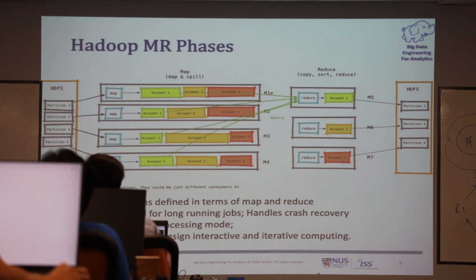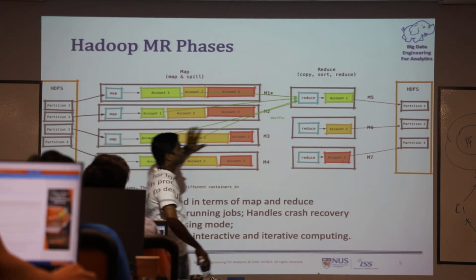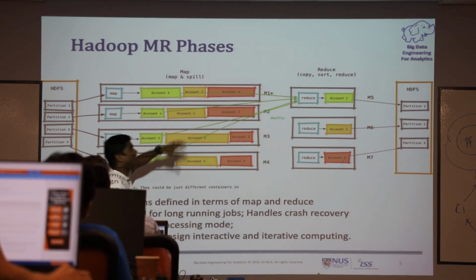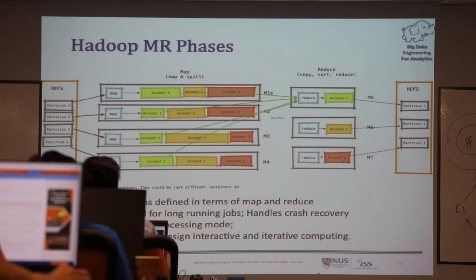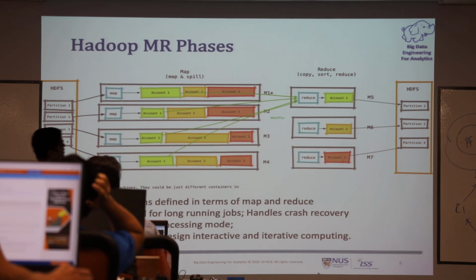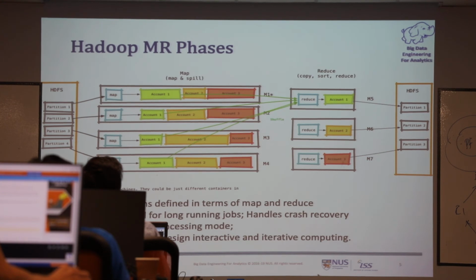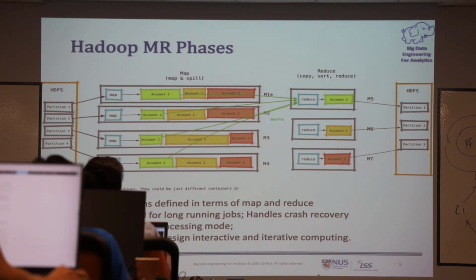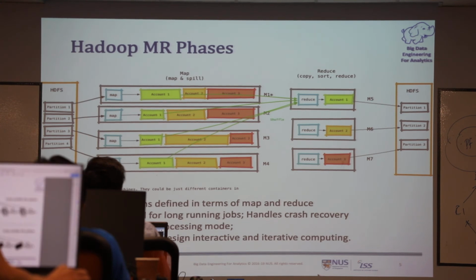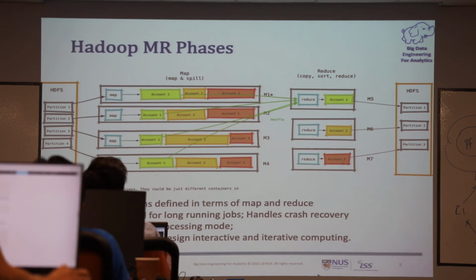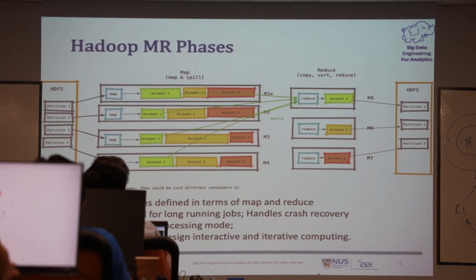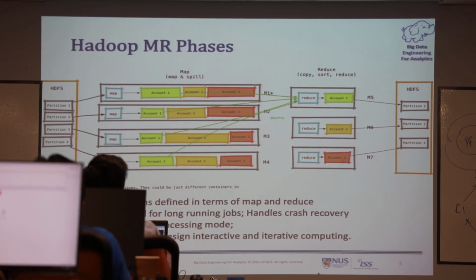Spark will do everything in memory. So what we'll do is that this transfer that you're doing may not happen all the time. It need not happen all the time. Let's take a solid example wherein you have a bunch of paragraphs, a bunch of text, and you want to do a word count. So you want to analyze the frequency of the words in that paragraph. You want to figure out how many words are there in this paragraph, and then count each word as well. The first step that you would do is